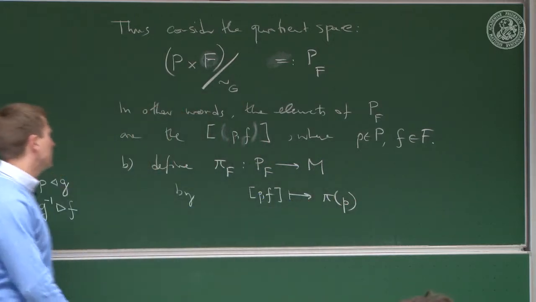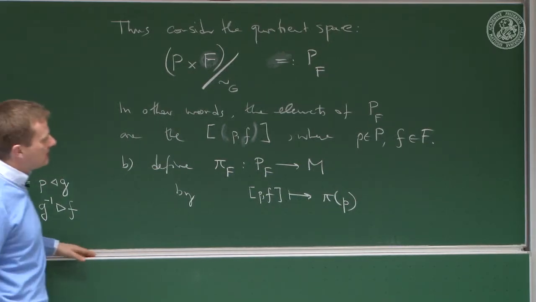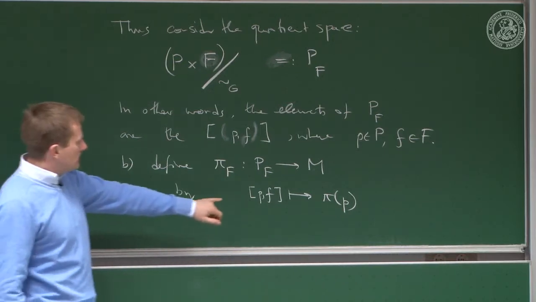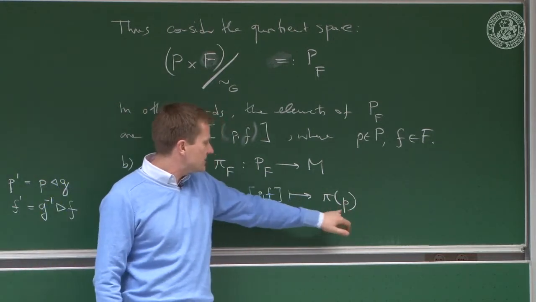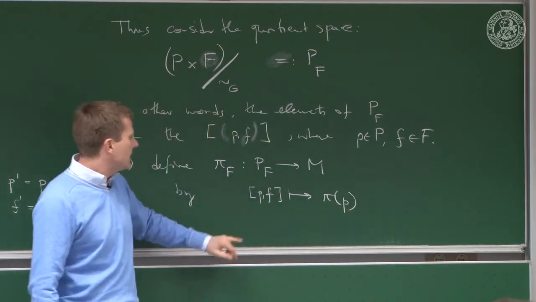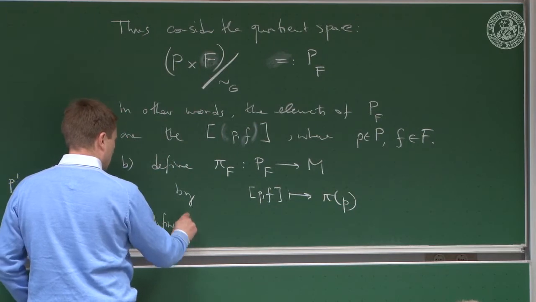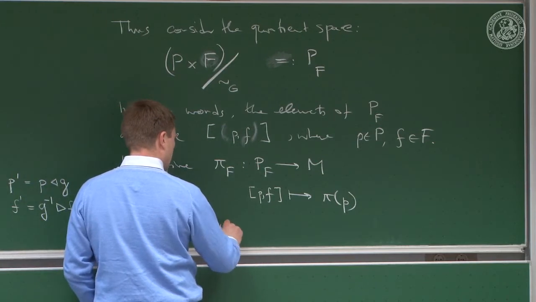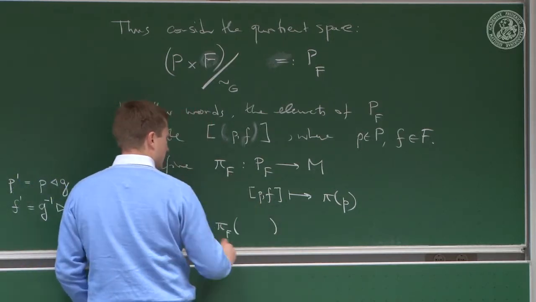But now pi here, not pi_F, but pi is the projection we are handed from the principal bundle. Now you see here we take an equivalence class with a P and an F in there. Over here we just take one of the representatives. Well, not the entire representative because you need the F too, but part of it. And so we need to check well-definedness. Yeah? So this is well-defined since, okay, what do we need to check? We need to check that if we take any other representative instead of [P, F]